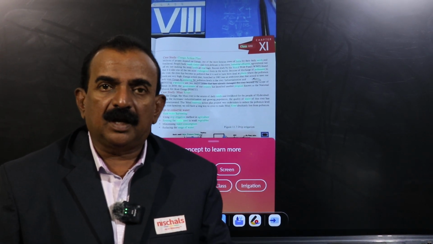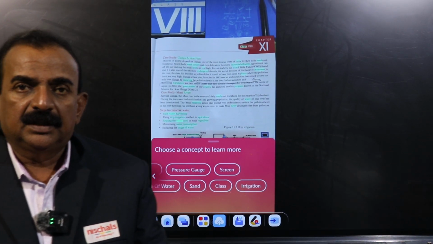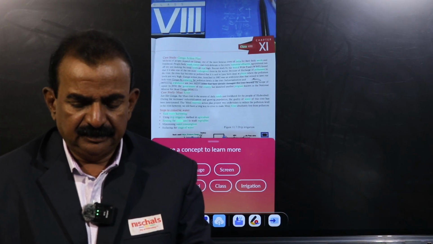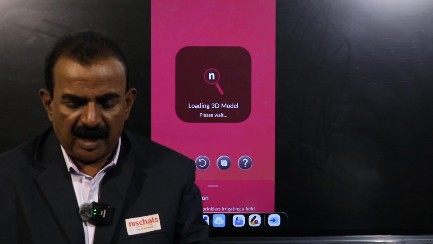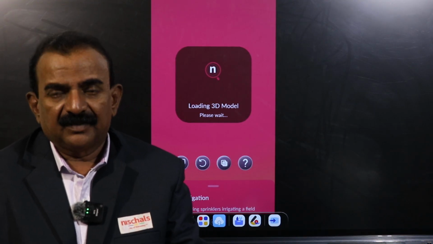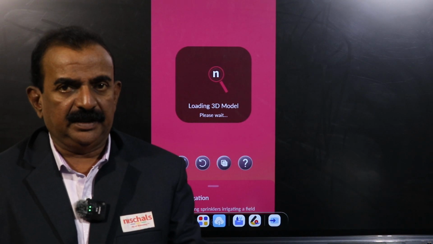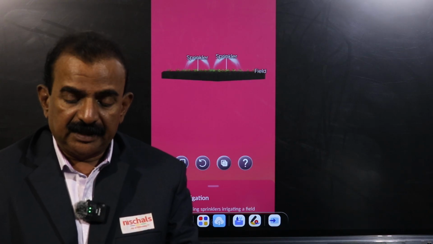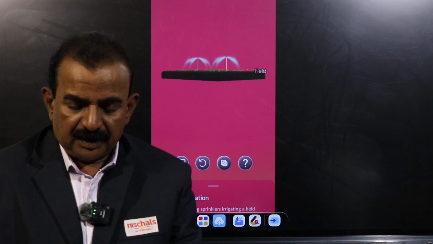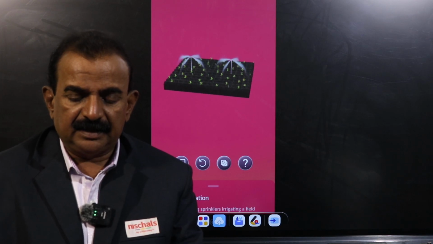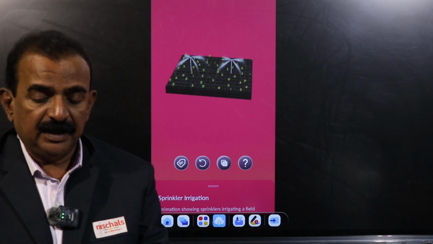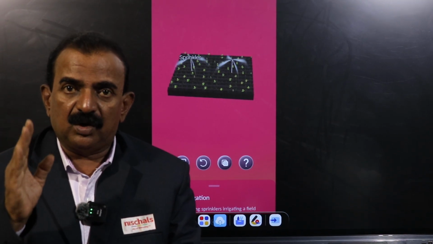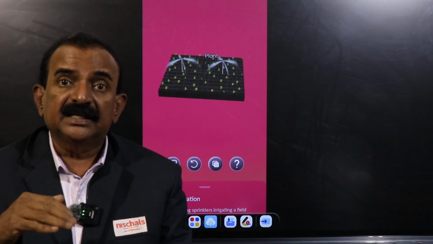Children, now we are observing Nischal's Lens app, that is 3D diagrams. So, first one, I am operating the irrigation technique method. One of the important techniques is called micro irrigation technique, and this micro irrigation technique saves